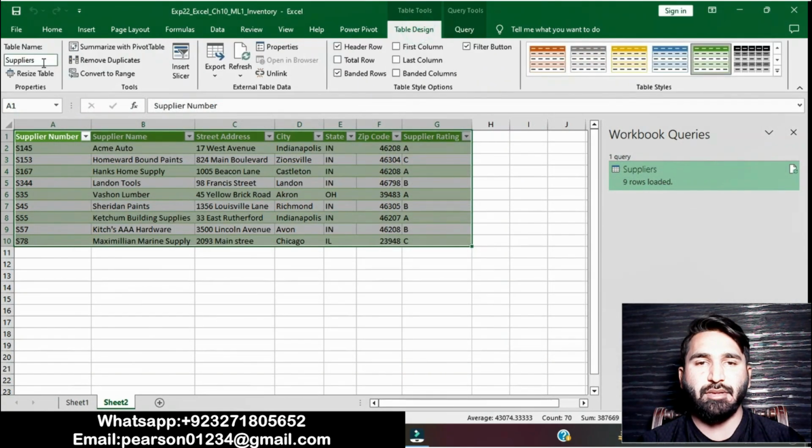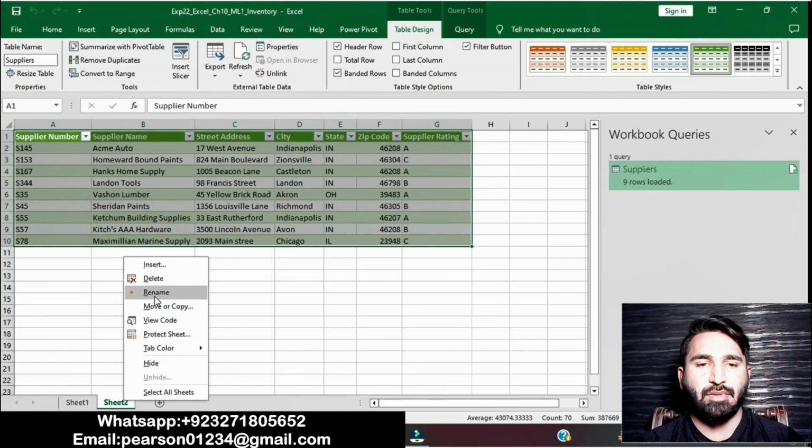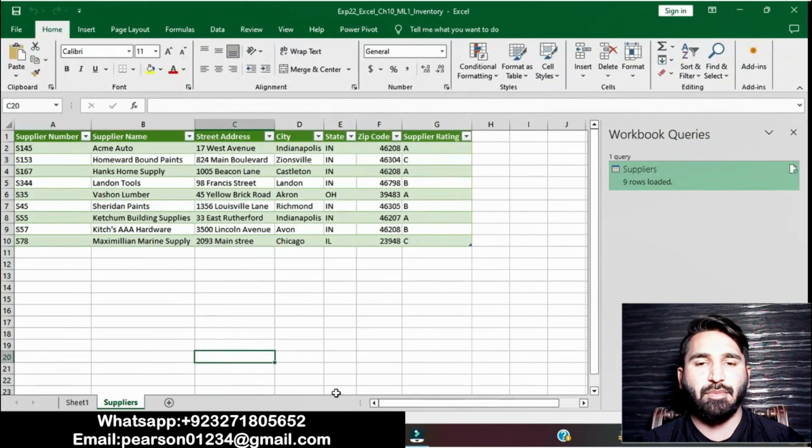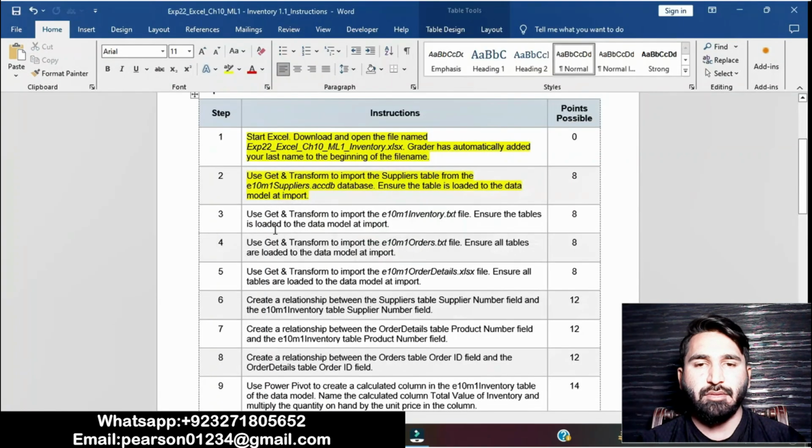Go to Table Design. Go to the suppliers and rename Sheet 2 as Suppliers. I have done this question.